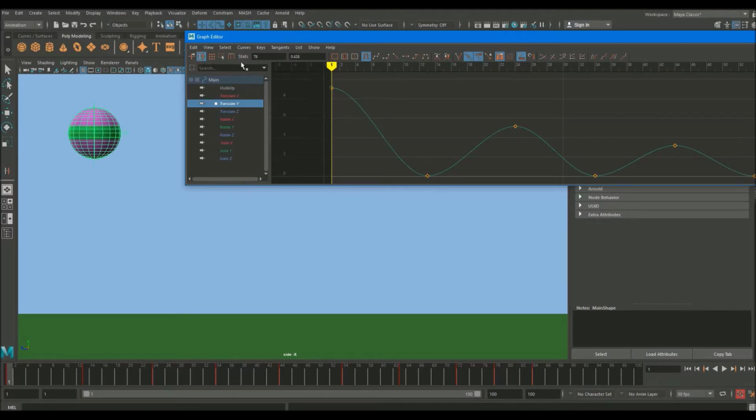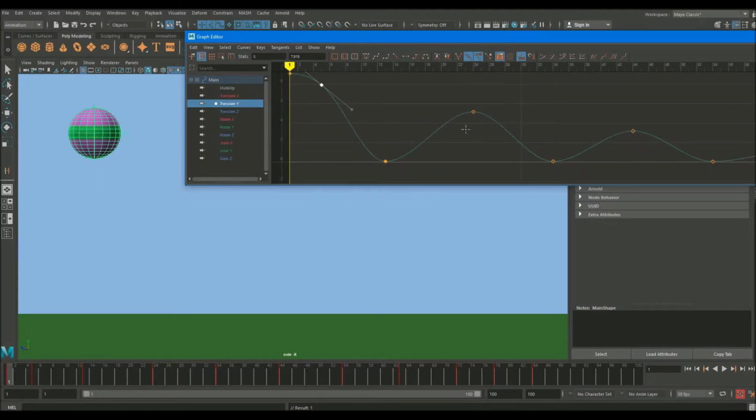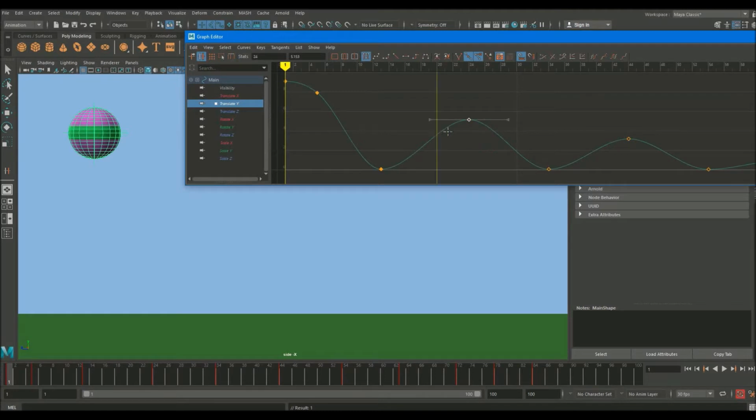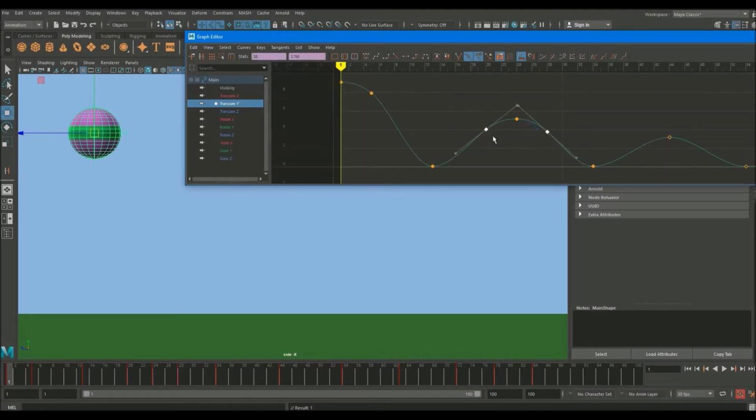If you go up to this button here, click it. If you then select something on your curve and middle mouse button, you're able to add more keys. So you're able to control this arc using keyframes instead. We're going to have 2 keys either side of this arc, and I'm going to push up. Now the advantage of doing it this way over weighted tangents is a slight bit more control, because you're able to control the arc a bit nicer